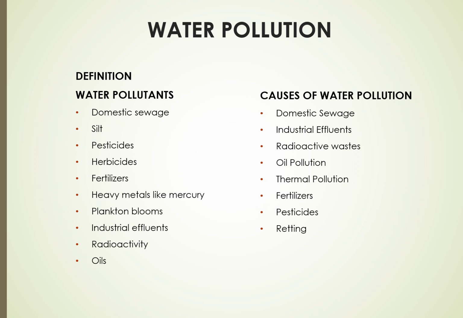Coming to the causes of water pollution, domestic sewage. The city sewage is released into the river. The domestic sewage consists of human feces, urine, and the dirty used up water in houses. It contains a large number of pathogenic bacteria and viruses. Industrial effluents. All the industrial plants produce some organic and inorganic chemical waste. Those non-usable chemicals are dumped into water as a means of getting rid of them.